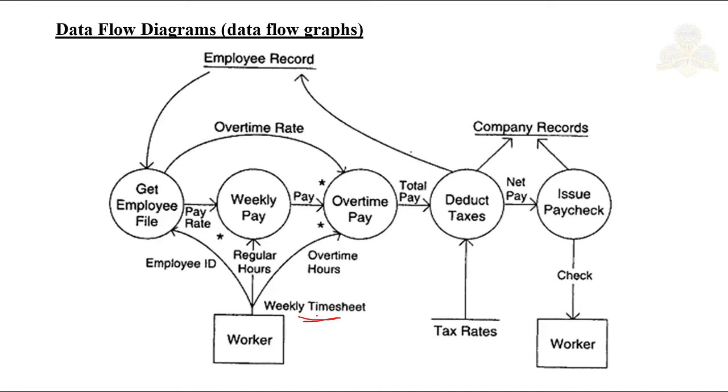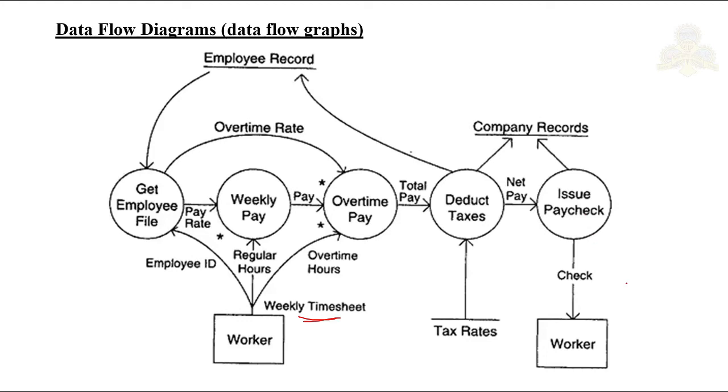This timesheet is allocated to an individual. So he has to log in, like Monday he has to work for 9 hours, Tuesday for 8 hours. He has to log the times whatever he has worked. Next, the output here is the paycheck. Issue paycheck, that is the output. At the end of the week or the end of the month you have to pay him via check or cash, so we consider it here as a paycheck.